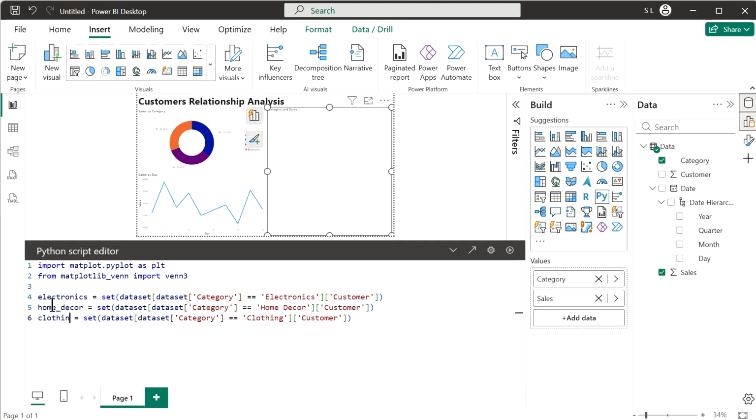So now we have unique customers for each category, and now we need to define the plot